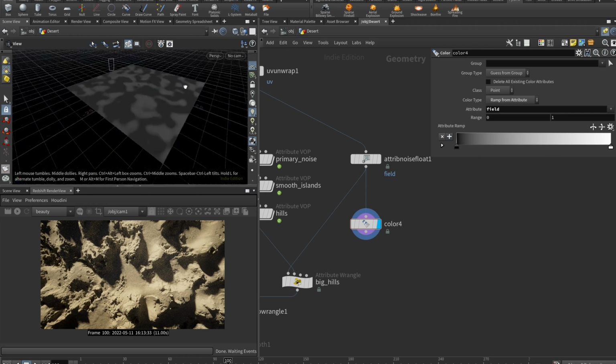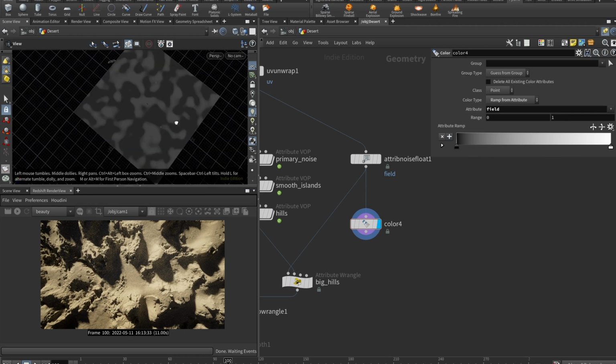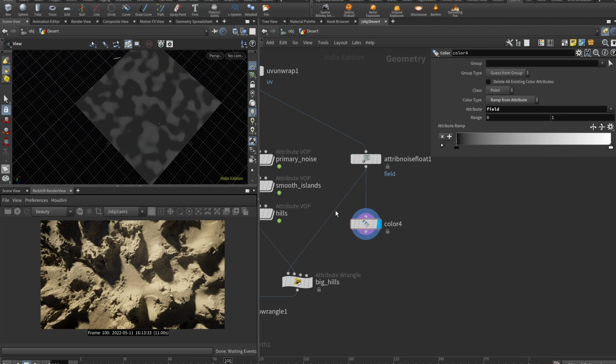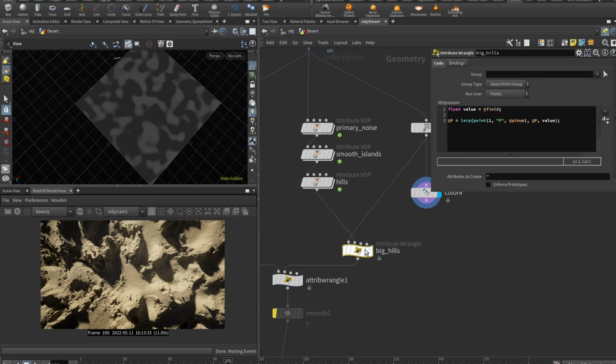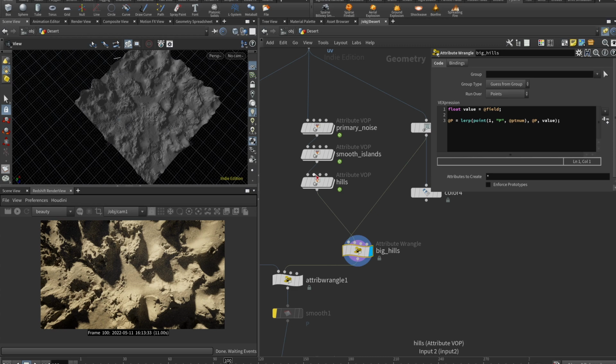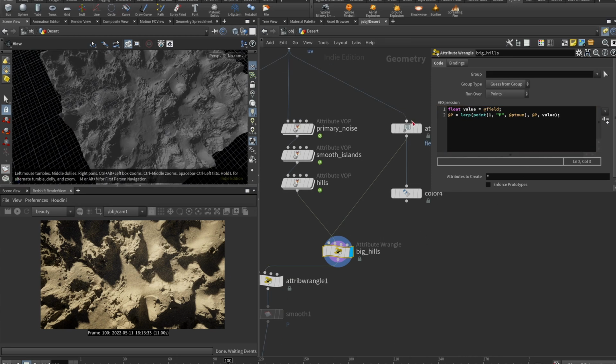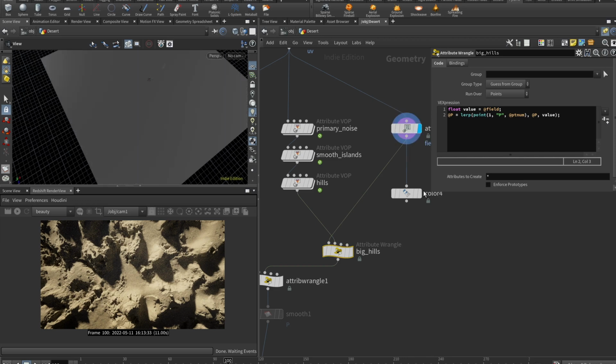Here you can see that we have our field attribute visualized. Now let's drop an attribute triangle, plug that attribute into the first input and our last attribute warp to the second input. And here we can grab our value, which is at field. And then we can use linear interpolation to, as you can see here, all the areas where this noise is